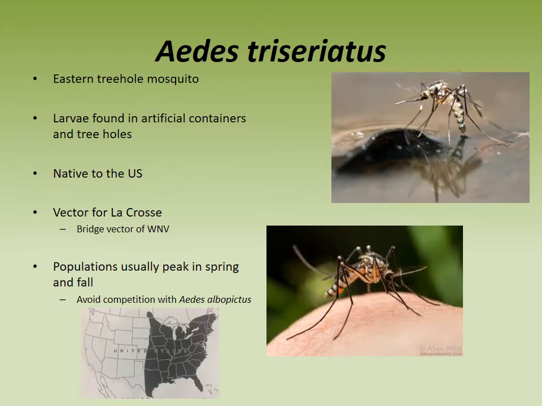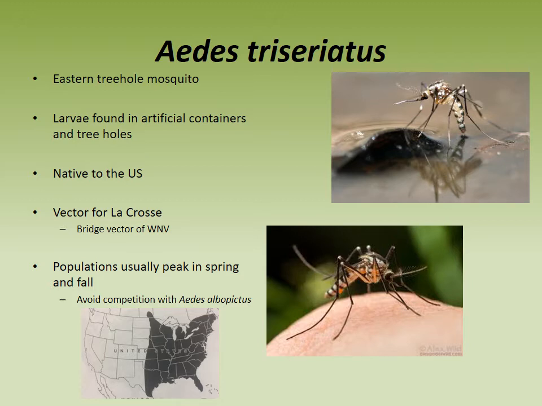Aedes triseriatus is the next mosquito. This one is actually native to the U.S., or at least it's been around before human beings. It is also known as the eastern tree hole mosquito. Larvae are found in artificial containers and tree holes. They are vectors for La Crosse, so they're the primary vector in the western side of Virginia, in the mountainous areas,